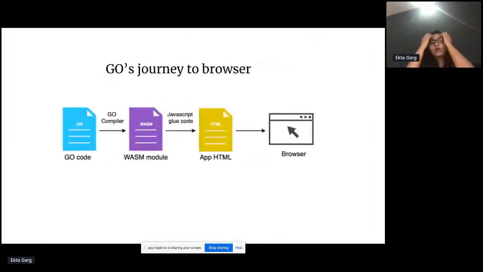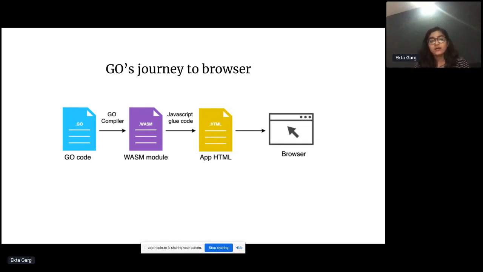Next, how do we actually do it? What's the process? You have Go code. I'll show you a demo in a later section where I input a number in the browser and get a Fibonacci series. So my Go code is in my file, and then a Go compiler converts that Go code into a Wasm module.